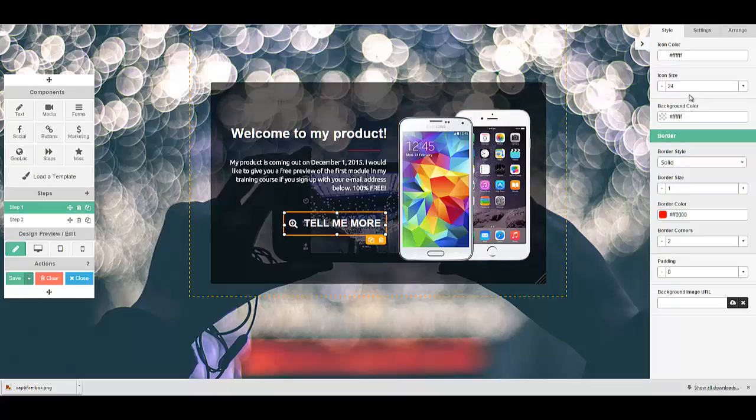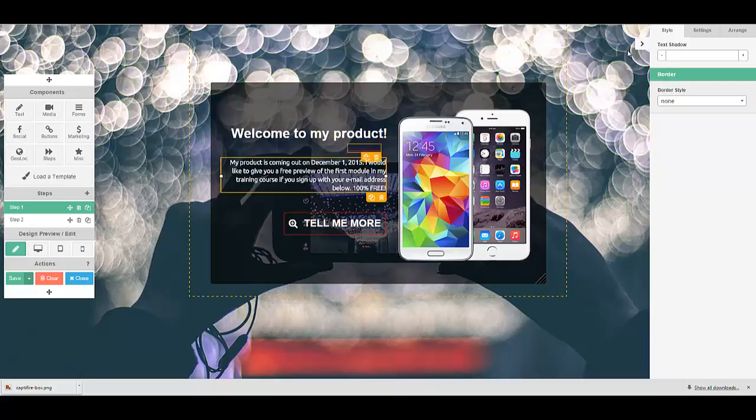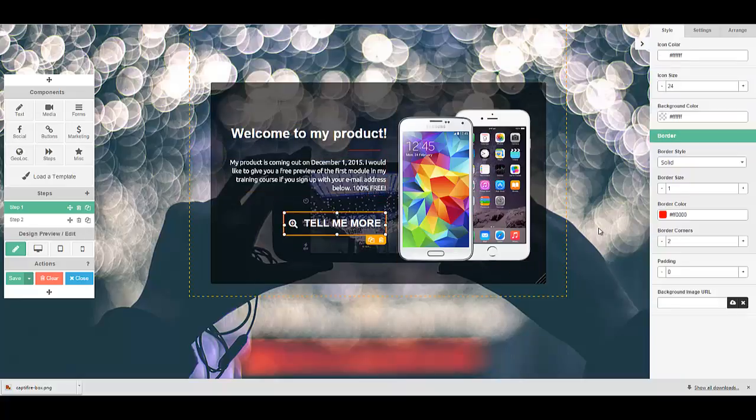And then over here, you have the properties. So if you click any element, the corresponding properties do appear on the right. Also very convenient. Here you can see we can change things like the border size, border color, border style, and